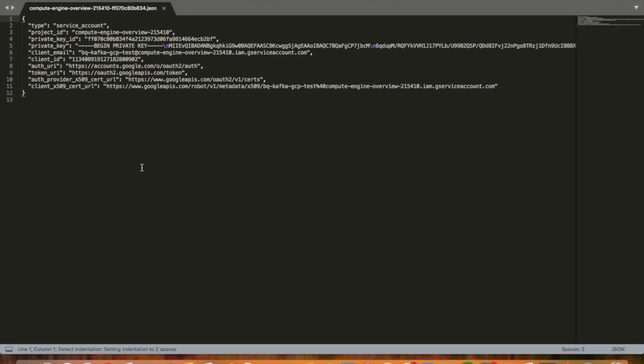This is the file. You can see these are the different key value pairs associated with the service account. Like the type of account is service account. It is giving you the project ID of the key, and this is the main property, that is the private